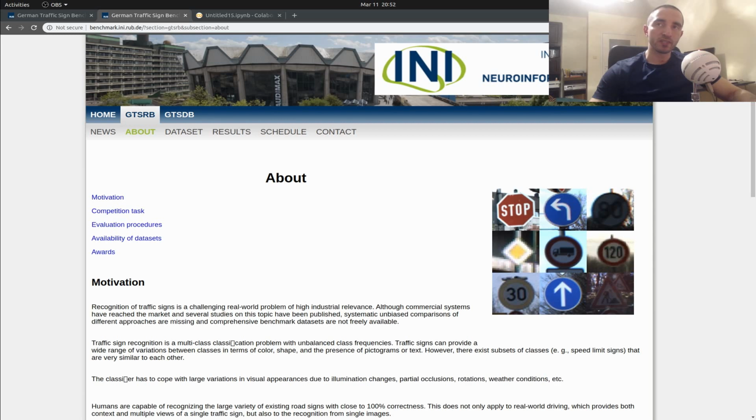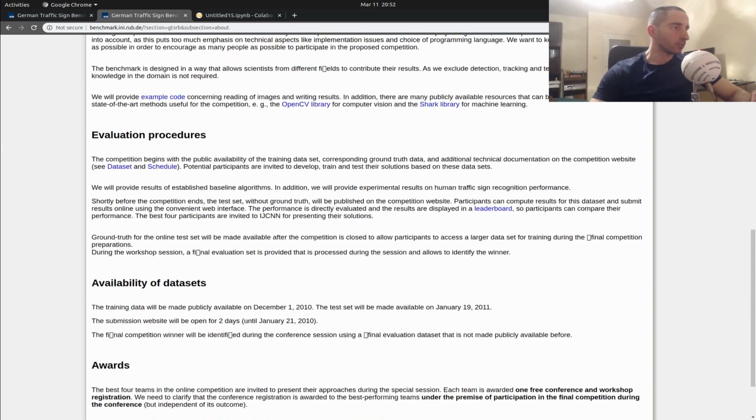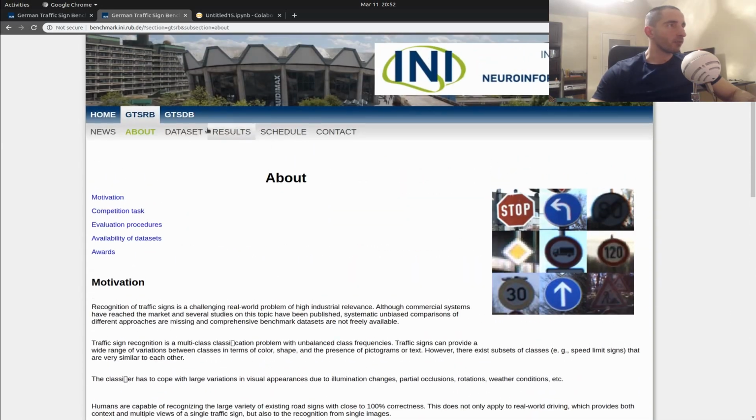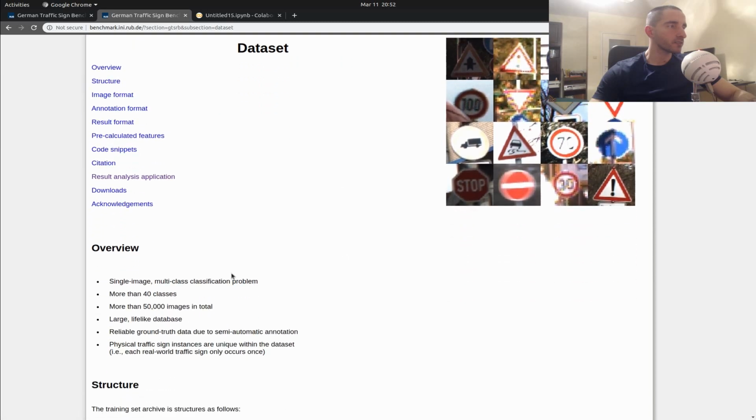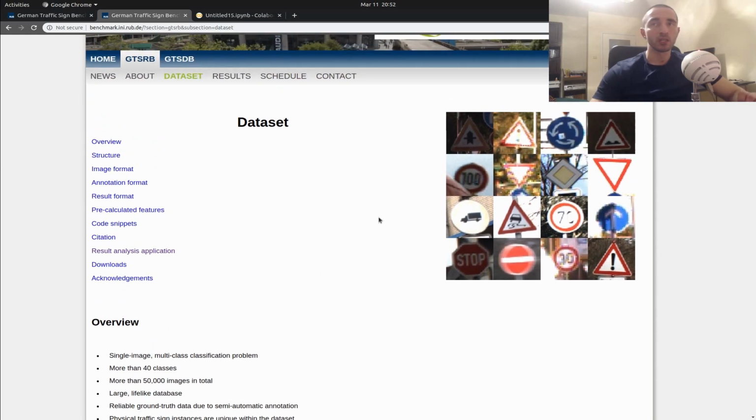So one of the largest datasets that we have to date is the German Traffic Sign Recognition Benchmark, and it contains over, let me go in here, this is the website of the dataset, and it contains over 50,000 images in total, which are of course annotated, and it contains more than 40 different traffic signs. So we have a single image multi-class classification problem, and here are some of the examples that we have in the